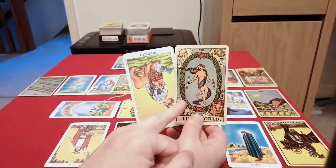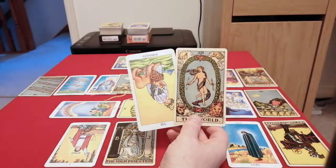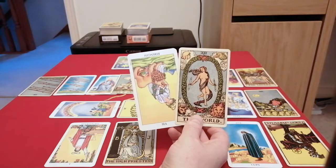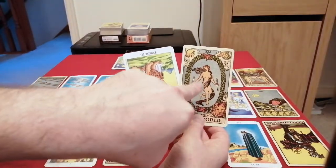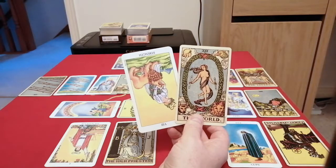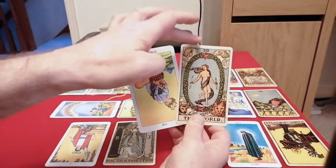In choosing the World, they chose the most triumphant and whole and completed card in the deck. And in effect, what my client was saying is, that's not who I want to be. I want to be her. You know, this is someone who's reached wholeness, reached fulfillment, reached completion. So the choice of this card